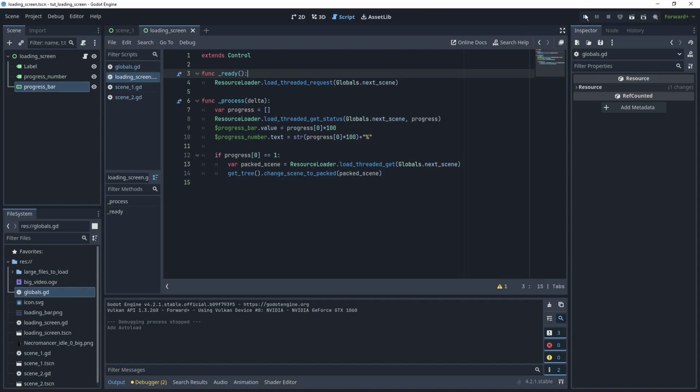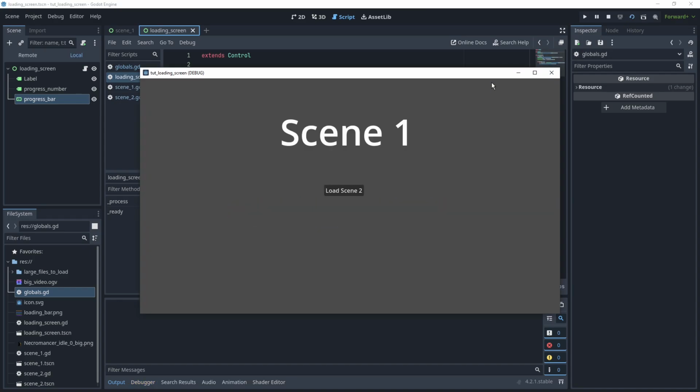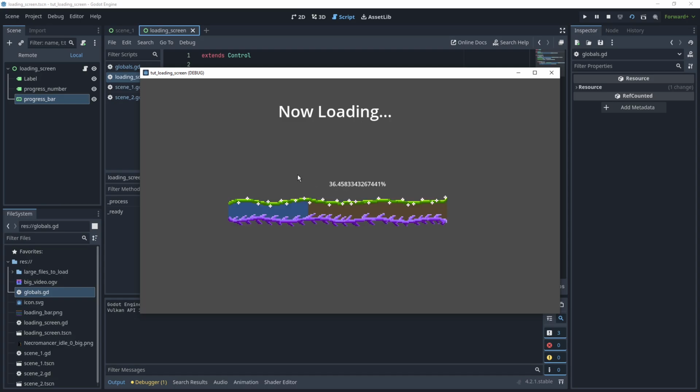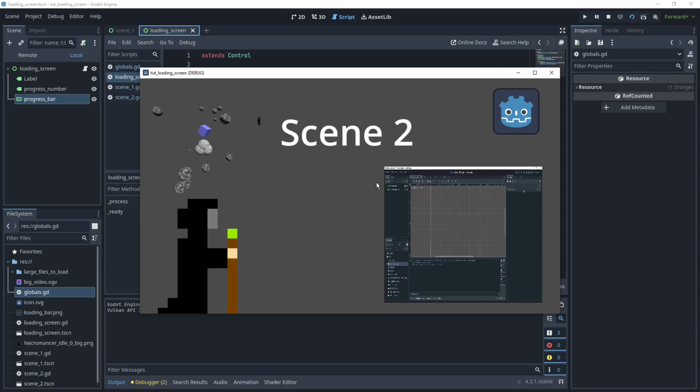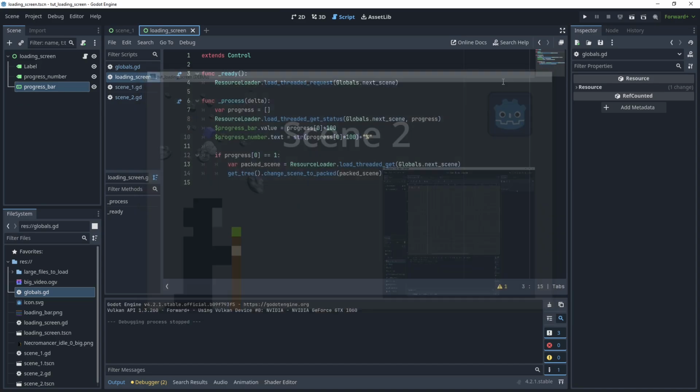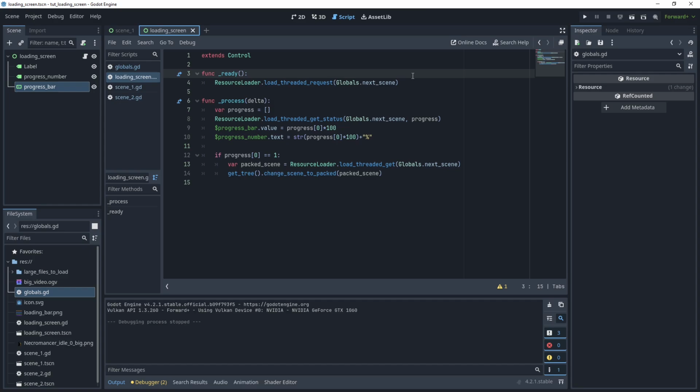But technically, we want to start with loading screen. So now we're running loading screen, not scene 1. And it should just immediately move to scene 1 because there isn't much to load. There we go, loading screen moves us to scene 1. Scene 1, this button takes us back to the loading screen, which loads with the data that's in our global script, and it moves over to scene 2. And now we have a reusable loading screen we can use to move from any scene to any other scene,